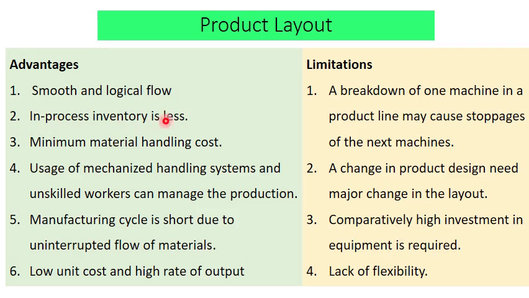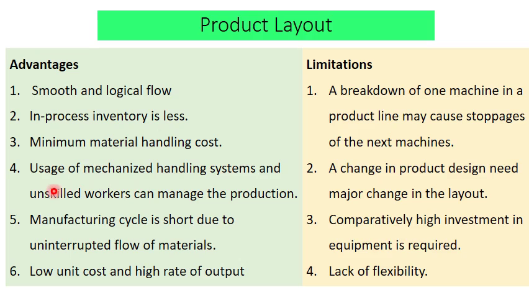Minimum material handling cost: because the in-process inventory is less, we can achieve minimum material handling cost. Mechanized handling systems and unskilled workers can manage the production because the labor contact is less,